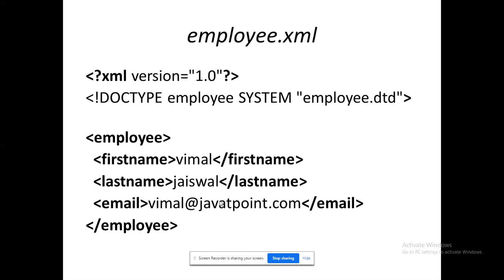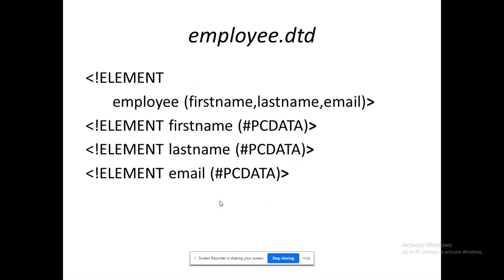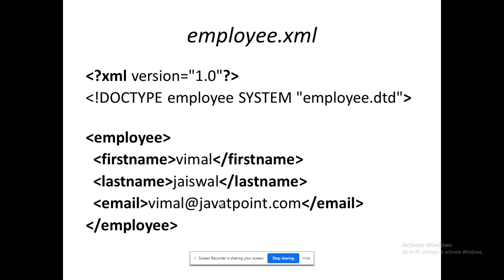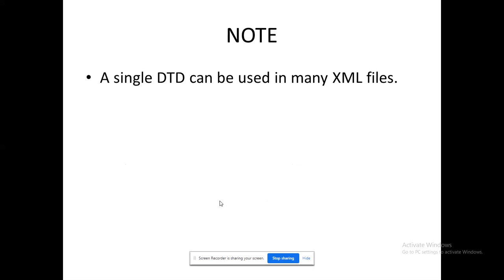How am I going to use it, right? This employee.dtd will be used in employee.xml. So how am I going to use that? The XML version I have mentioned, as it is, then DOCTYPE, right? That's going to be employee and SYSTEM. So which one am I going to refer to? Employee.dtd. The root tag is mentioned as employee, and employee.dtd is the external DTD that I'm going to use here. External DTD means I'm going to link it here. That's all. So here I am able to mention it, and I am ready to use it for my program, right?